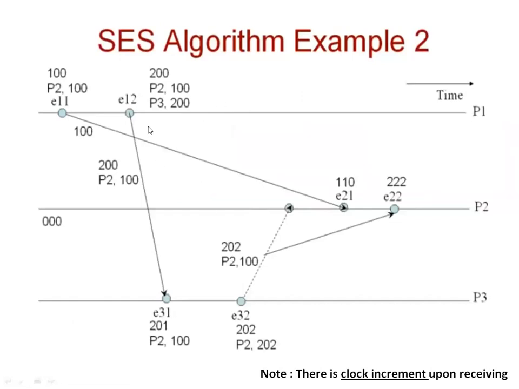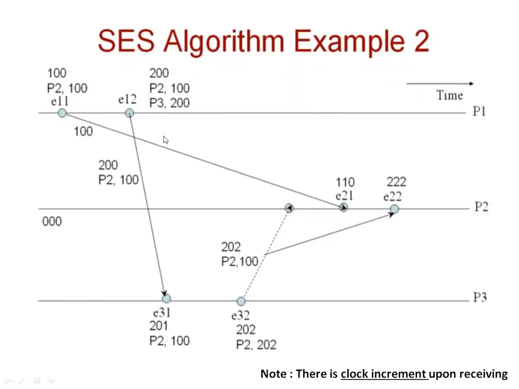Now, in this example, again we have three processes: P1, P2, and P3. Initially the clock of each is 0, 0, 0. So in this example, process P1 is initiating an event at E11 by creating a message and sending that message